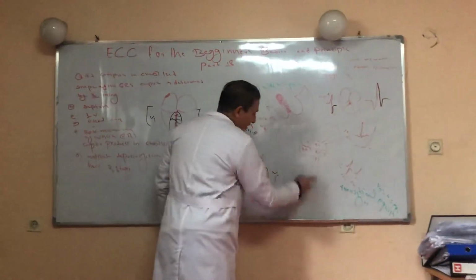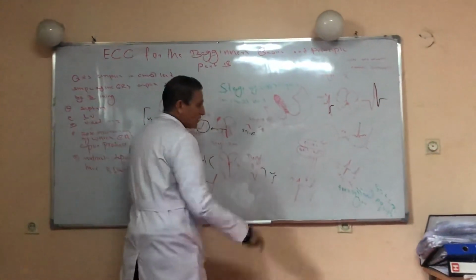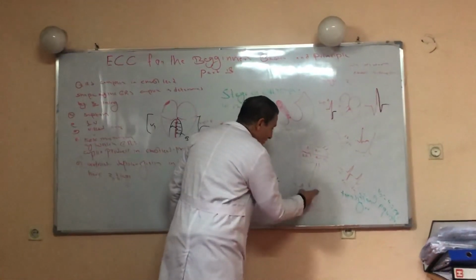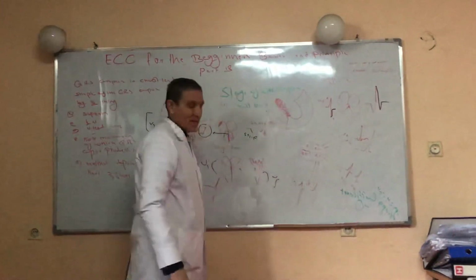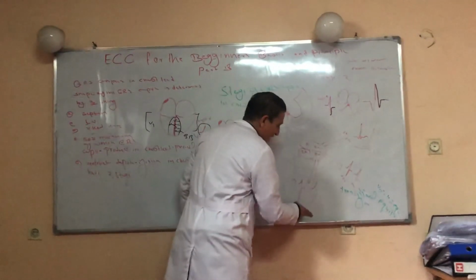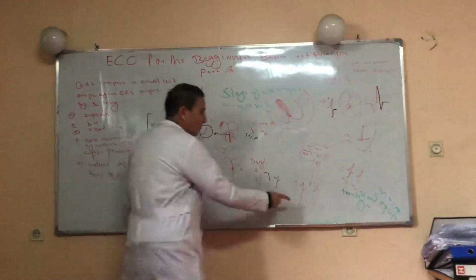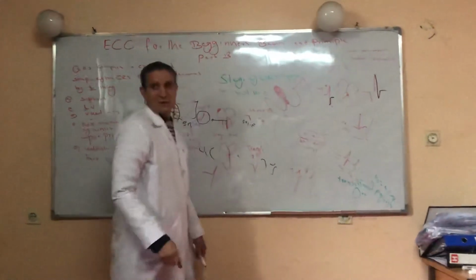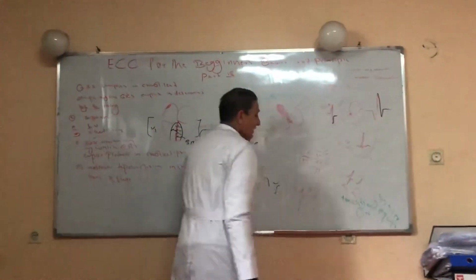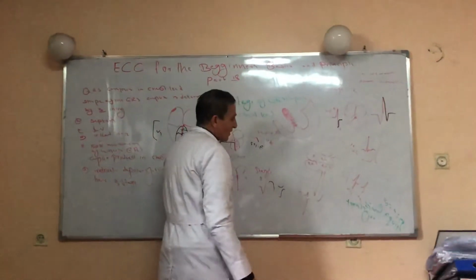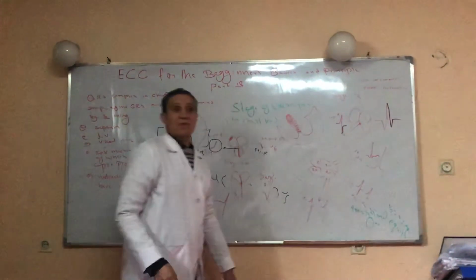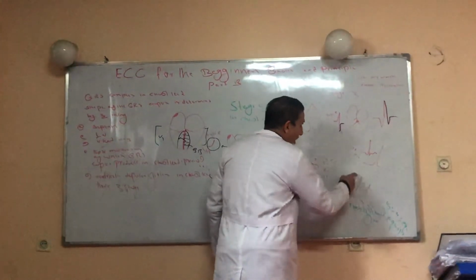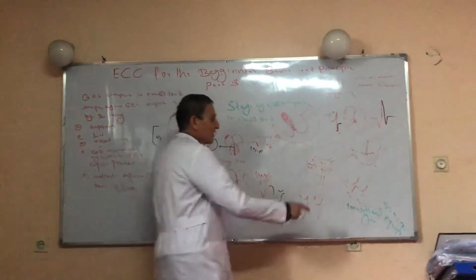In V2, again, V2 also looks at the right ventricle but provides information about the septum. This is also an R wave, but a little bit higher, and the S is larger. So this is also a QRS complex in which the S wave is predominantly negative, also called a negative QRS complex. Right now we come to V3 and V4. V3 and V4 look at the septum but provide information about the anterior part of the heart. In these leads, R and S are both equal. This is called an equipolar lead.